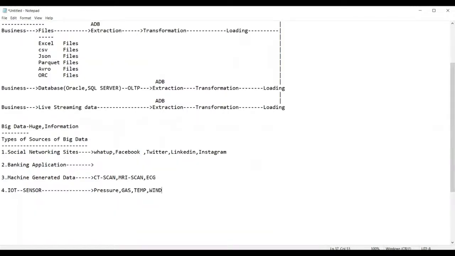But how do these sensors generate data? These will all be connected to the required computers. So this computer generates the data here. The data will be recorded here, and then further processed or transferred to us. From the files we receive, we extract it, we transform it, and we load it. Ultimately it will go like this.